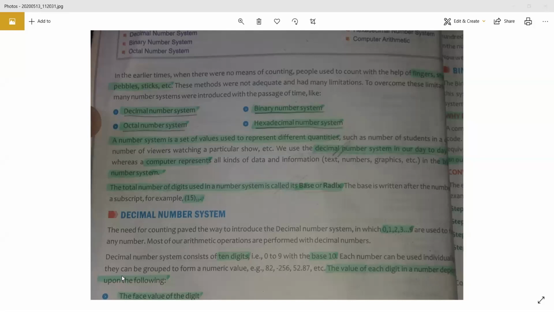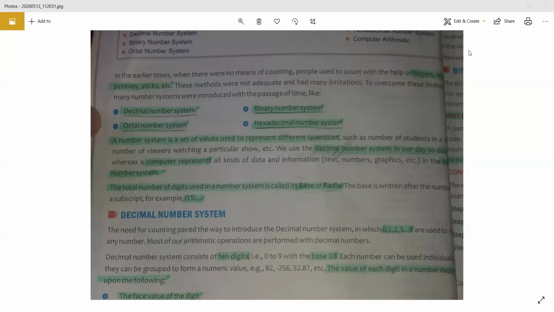Okay, so as you know, 101 can be a decimal number also, because 101 we have in the decimal number system, right? We can have it in a binary number system also, because binary number system is made up of ones and zeros only, right? So this can create confusion. So to overcome this kind of confusion, that this particular number belongs to which number system, we write the base or the radix as a subscript of that, like in chemistry we write H2O. In the same way, as a subscript we are going to write this base.